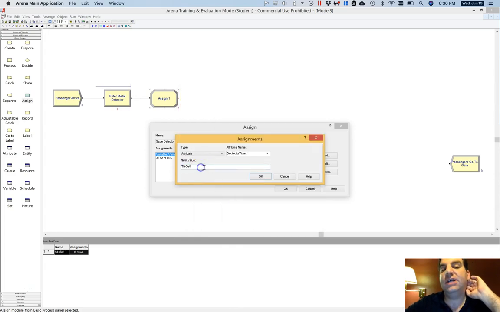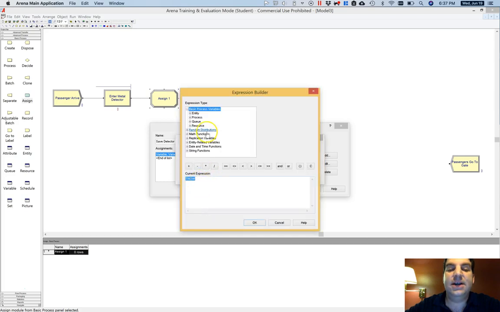So I normally just do T now, but I know that I am going to cause these agents to cycle back around through the metal detector multiple times, and I only want this attribute to be updated once. So there are a lot of different ways of dealing with this. I'm going to use a little bit of a hack here. So what I'm going to do is put at the front of this, if I go to build expression,